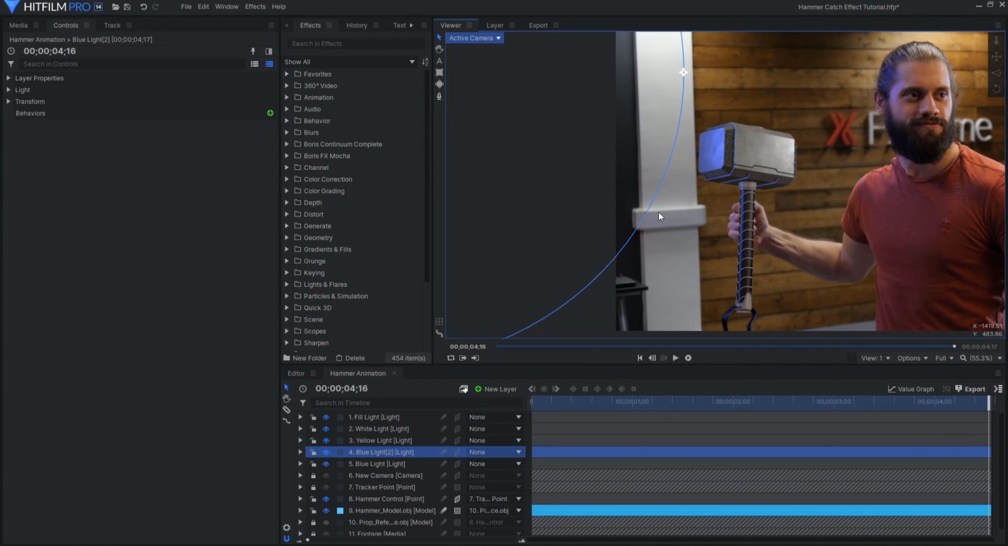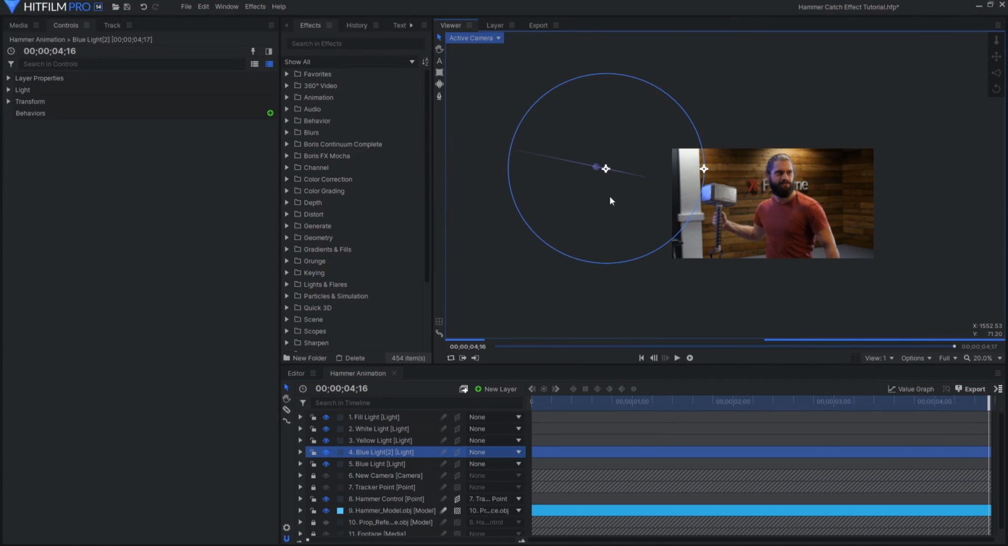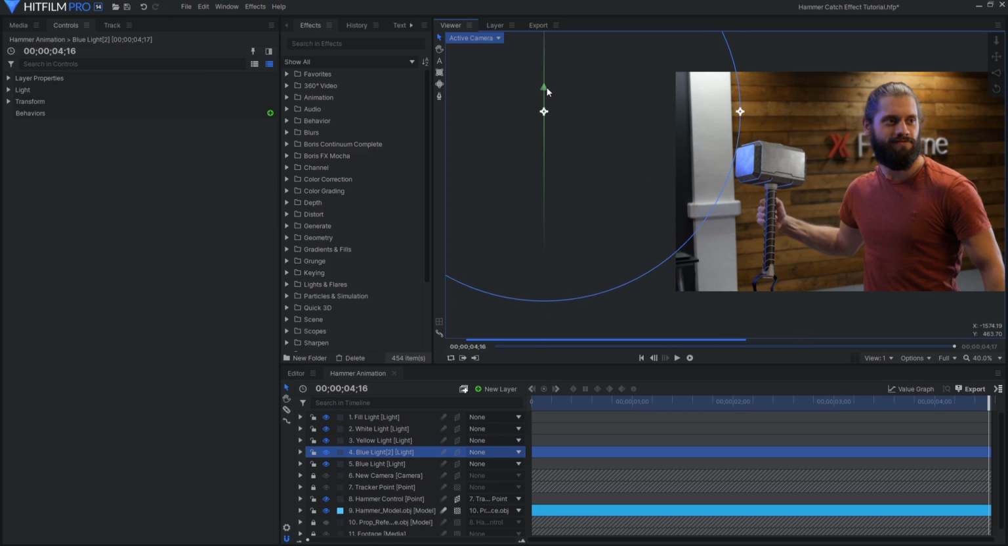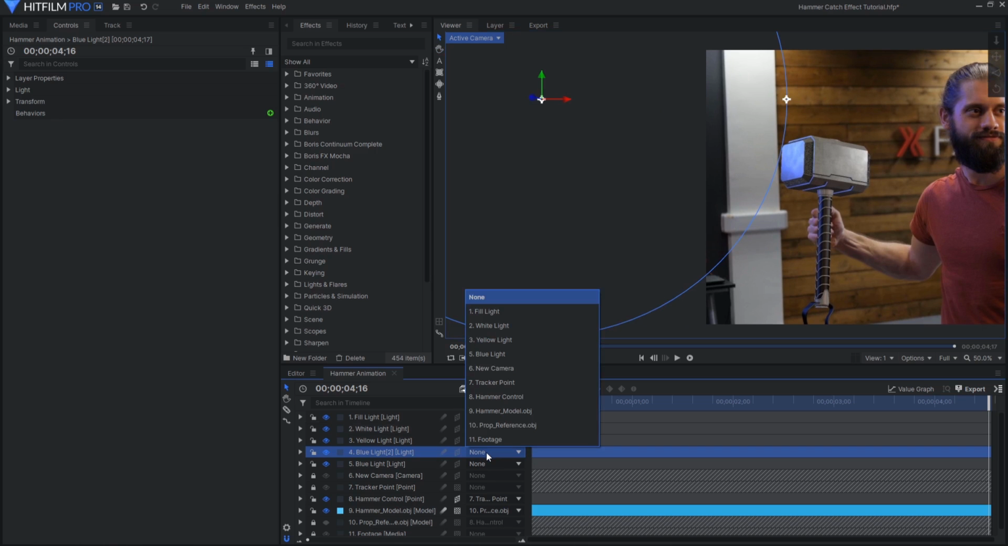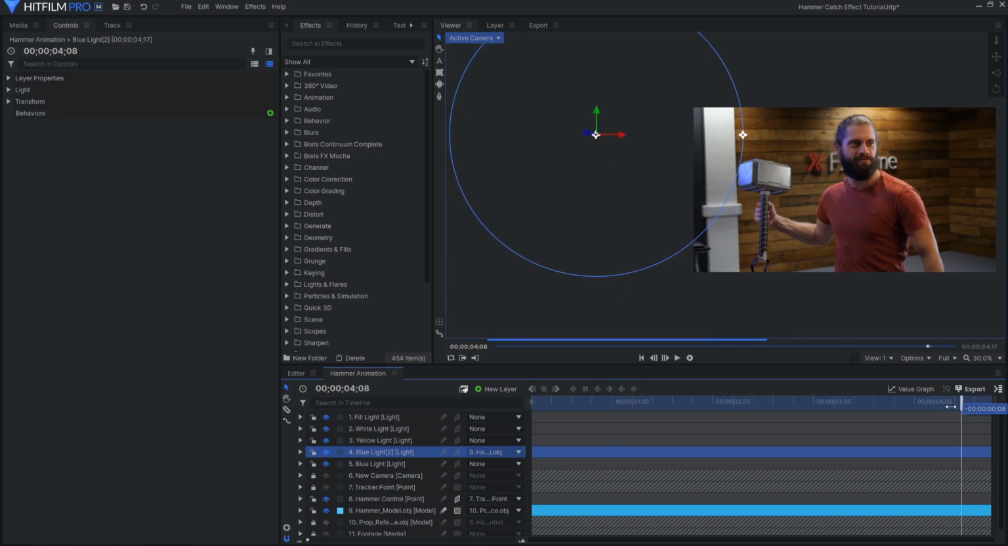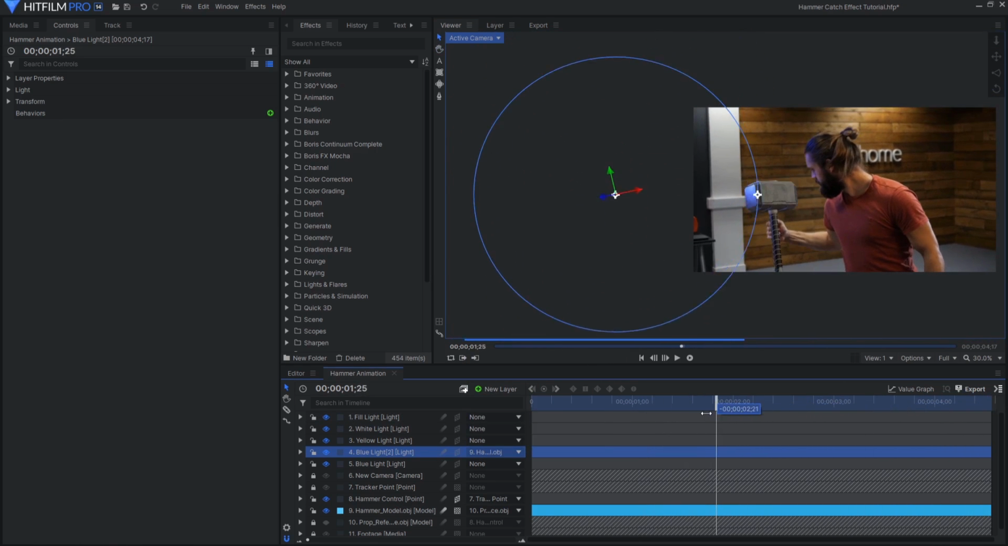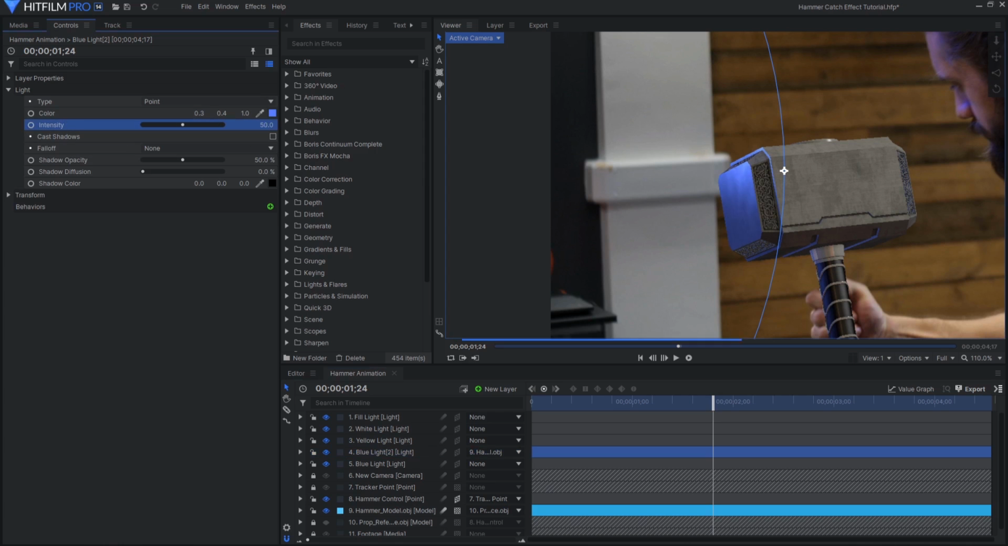To make the lighting more interesting, duplicate the lights and move them around to create reflections and bright spots on the model. This will help the model feel more metallic by making more use of the specular map we added earlier. If your hammer moves a lot throughout the shot, try parenting these new lights to the model so there is